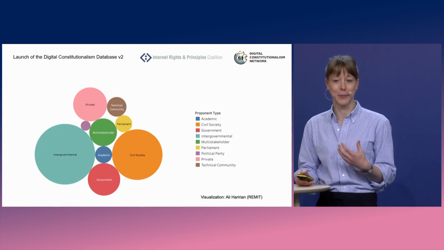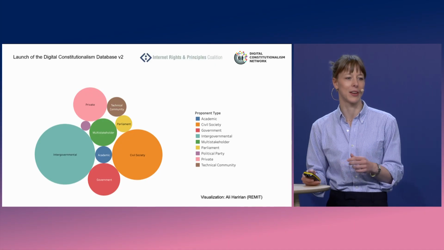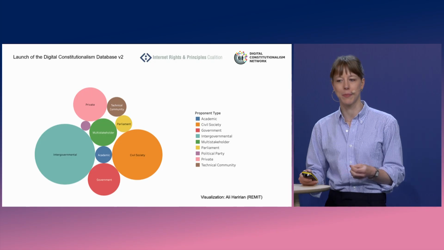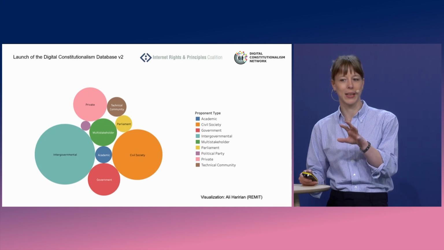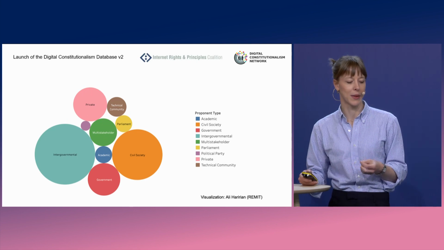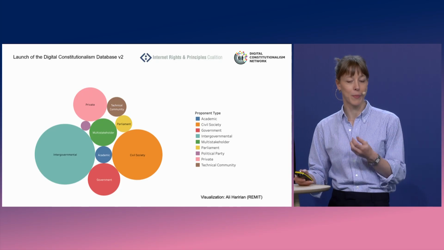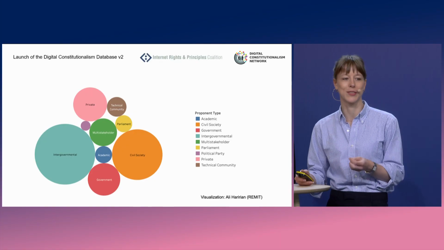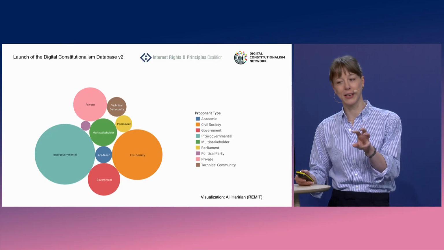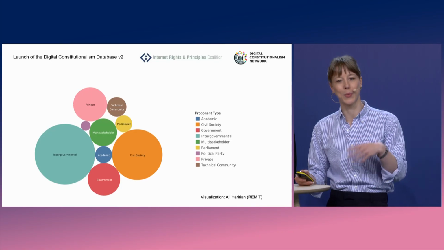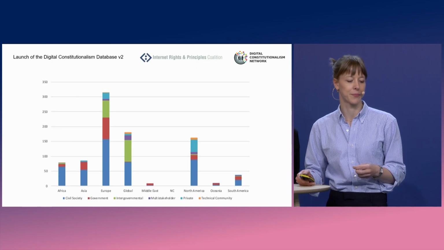What we find particularly important about the data set is that it gives you insight into the diverse actors that are behind these declarations that use this format to try and shape global thinking about rights. So here you can see who has been proposing it, so who are the developers and signatories. Quite a large chunk of it is intergovernmental, things like the United Nations. But this is also a format that civil society uses very actively, so you see a very large number of civil society actors here. But also, in green, those are multi-stakeholder, where multiple kinds of actors have come together to form a declaration.